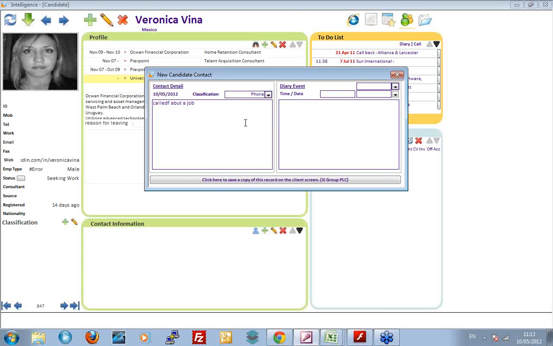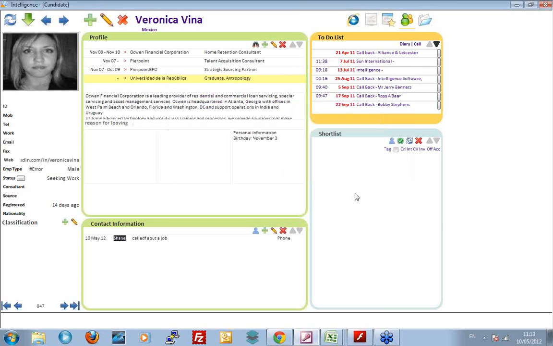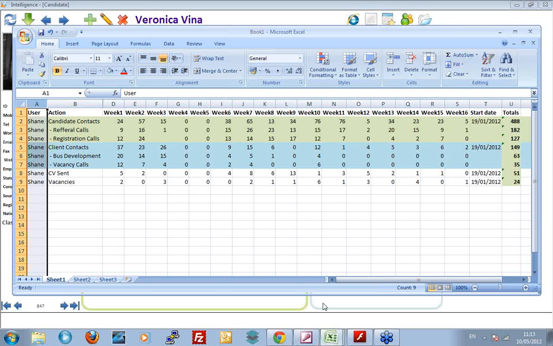So whenever you actually record information, you need to understand why you're recording information. Don't record information you're not going to use. And when you do record information, use it for something. So whenever we do these and you look at activity reports, I'll show you an activity report. This is quite a good one. For this particular user, this is Shane, he does a whole lot of different types of activities, and I'm just basically looking at the quantity of these activities.